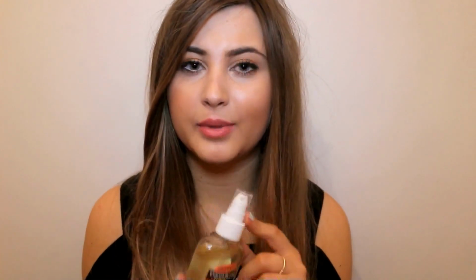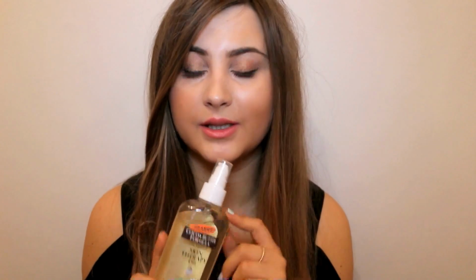This is around £9 or £10 I think, and they do have a more basic version of it without the pump, which I saw when I repurchased this, and that was around £5, but I like the pump and I didn't want to fix something if it wasn't broken because I really liked the effect of this, and it smells so good. The fragrance is quite strong, so if you don't like cocoa butter smells then this might not be for you,